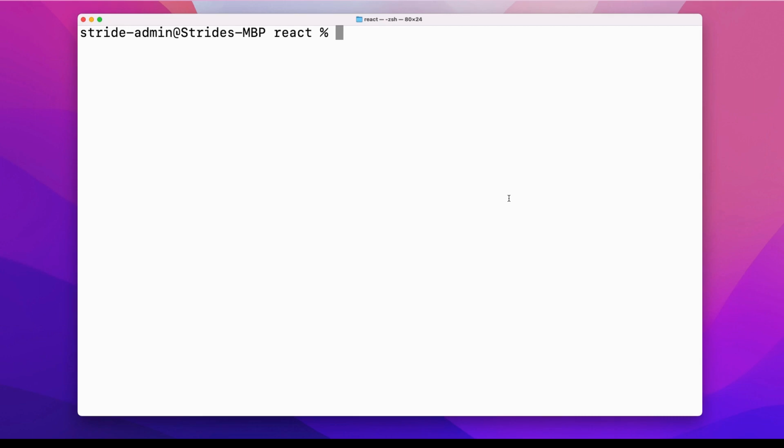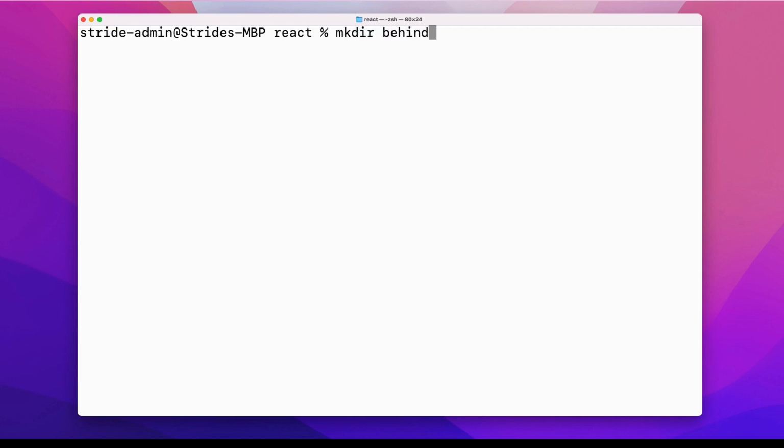Okay, so let's get started learning the behind the scenes of React. So here I am in the central React directory where we are keeping all of our course projects. And in here, I want to create a new directory. On a Mac in the terminal, I can use the mkdir command, make directory, and I'm going to call this